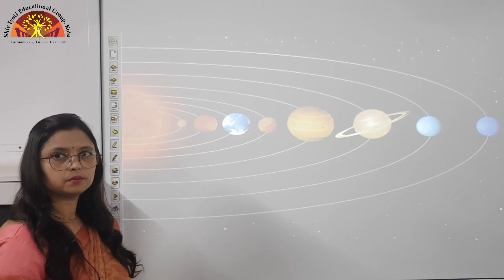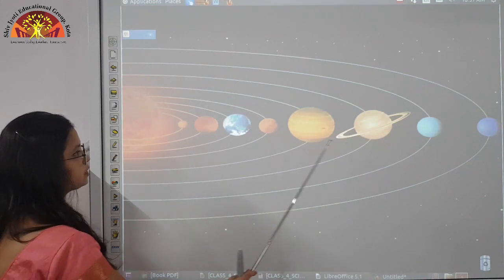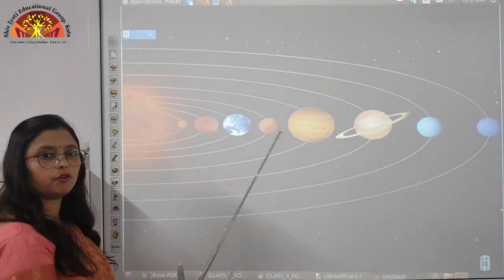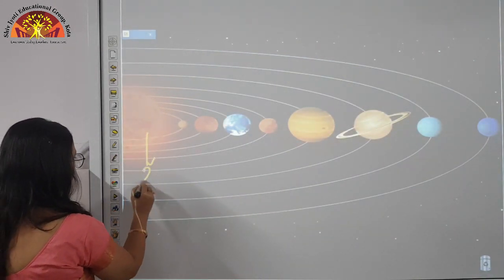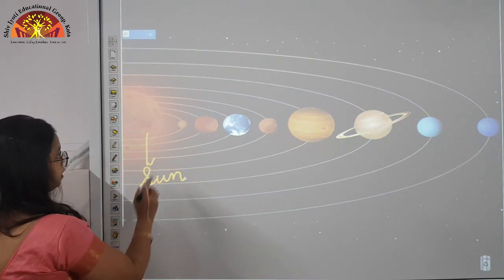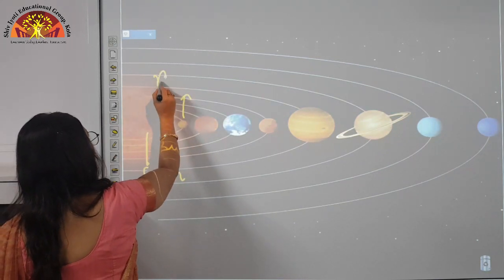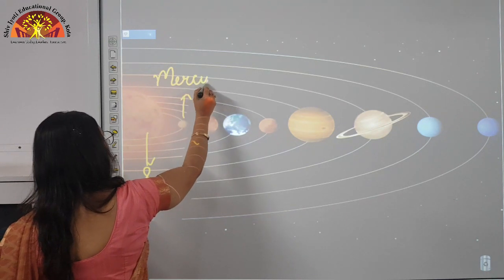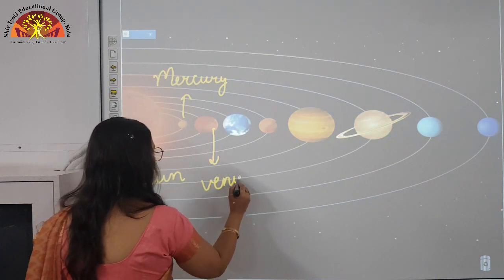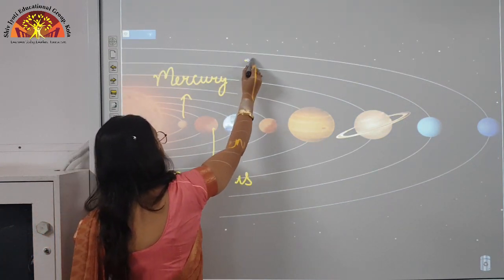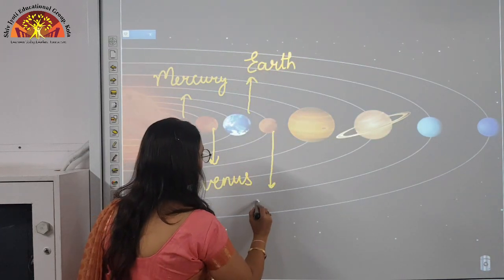from the sun. So, children, see, this is our solar system, and these are the 8 planets which are arranged in the increasing order of their distance from the sun. Now, let us see, this is sun. Now, here the first planet which is nearest to the sun is Mercury. Then Venus. Then there is the third planet where we live, it is Earth, then Mars,